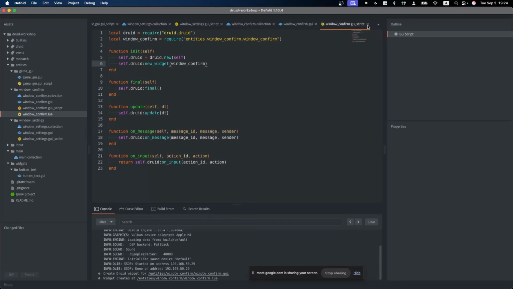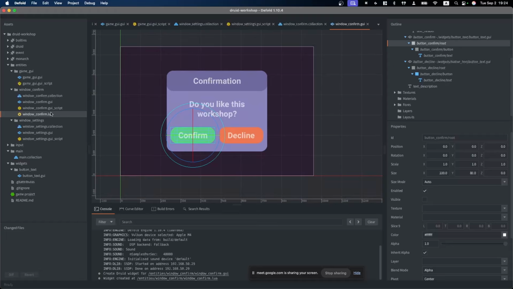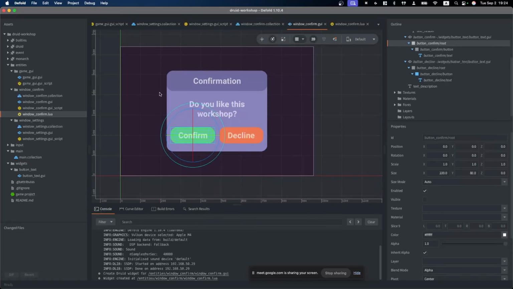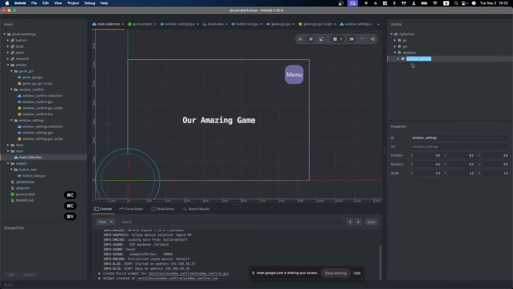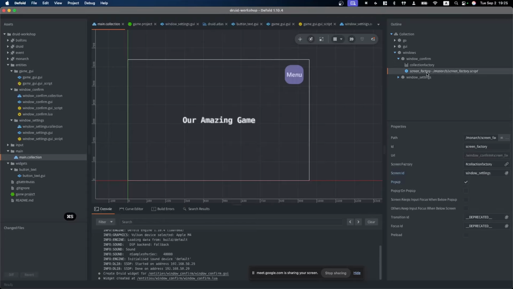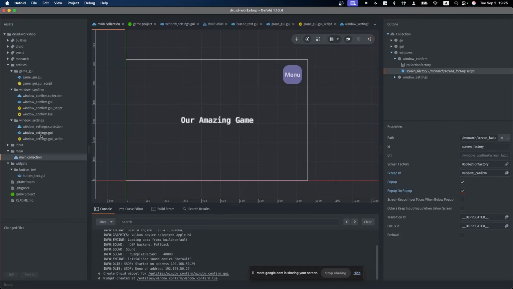This GUI script isn't needed for us anymore. We have a window confirmation. We have a widget with two buttons, which do print statements. We want to check that it is working, so let's spawn this window to see whether it works or not. To spawn it with Monarch, we also need to add this window to the windows. Let's make window confirm. The collection factory should be confirm, and the ID of this window should also be window confirm. It can be popup and popup, for example, but I don't think we will see the difference now. Boom, and let's call it.